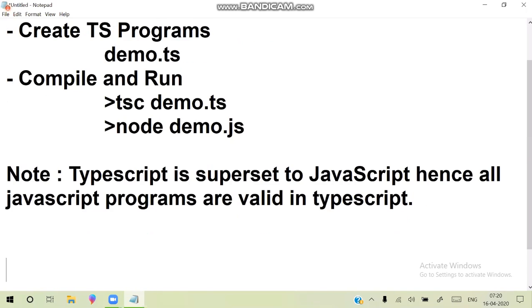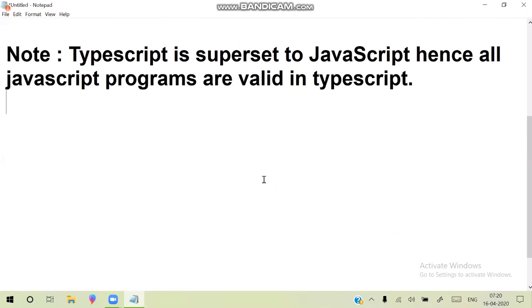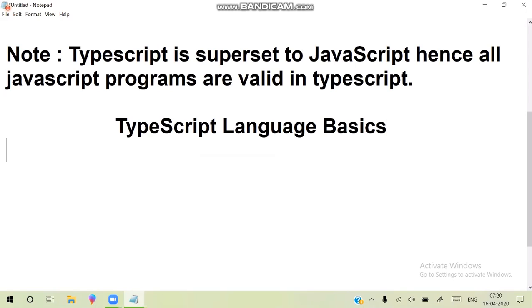So today we are going to discuss the TypeScript language basics. We are going to learn about the TypeScript language basics. After the basics, then we can go into advanced topics. So in language basics, when you are dealing with or learning any language, the language